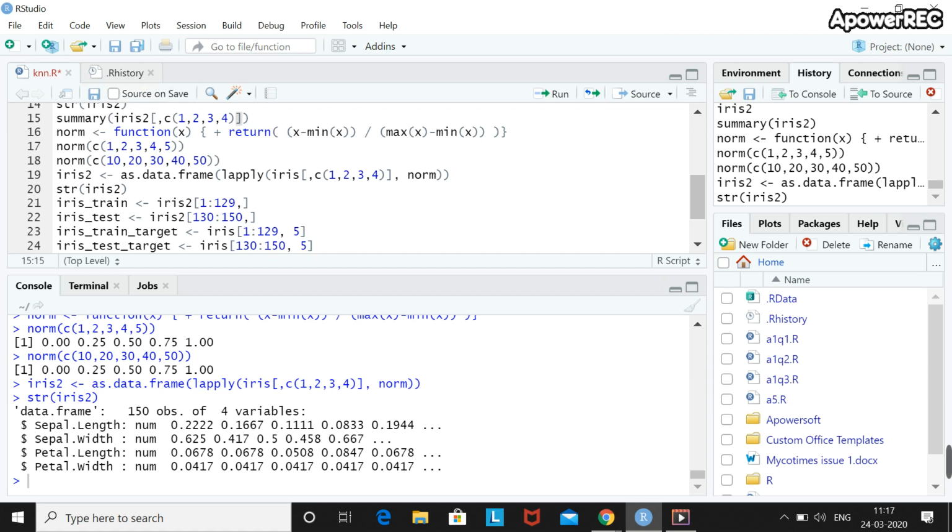Within the square brackets, I have kept a space blank, then a comma, which means I am going to take all the rows, and then I have c(1,2,3,4), which means I will take only 4 columns, that is column number 1, column number 2, 3 and 4. I have not taken column number 5. Why? Because column number 5 is the name of the species, which we don't require for